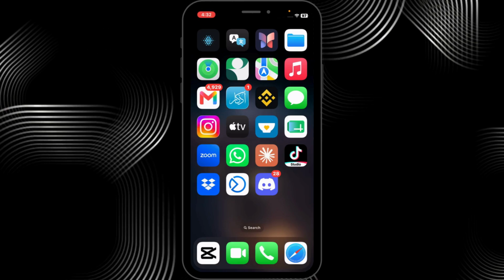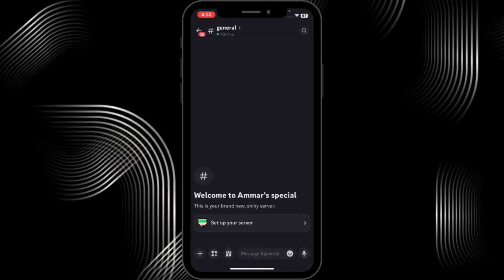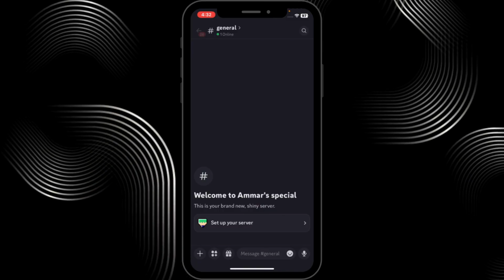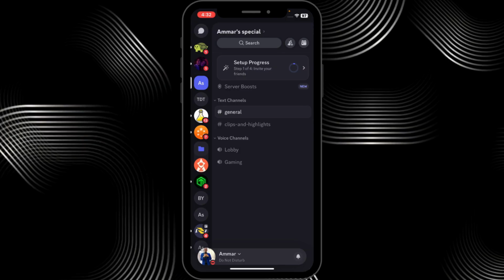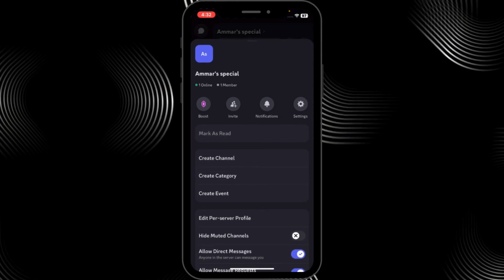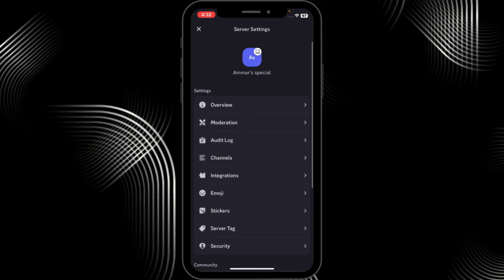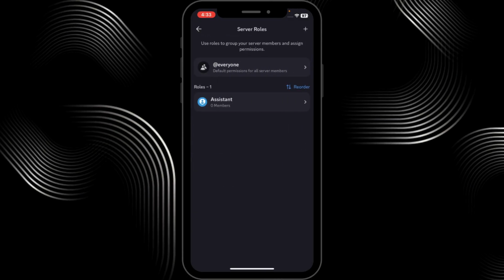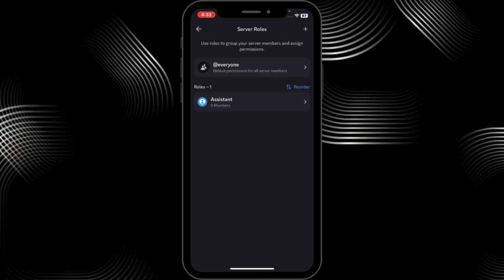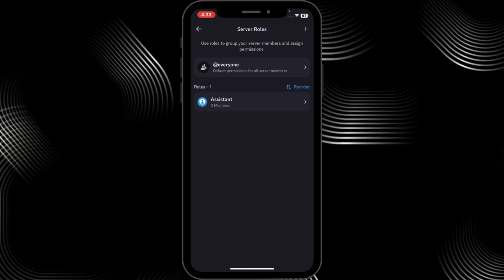Creating custom roles and permissions in Discord involves opening your server settings. So I'm gonna click the arrow here to go back. Now tap your server's name at the very top. Click settings. Scroll a little bit down to find roles. Just tap roles. And you can go ahead and tap the plus button at the very top here to create